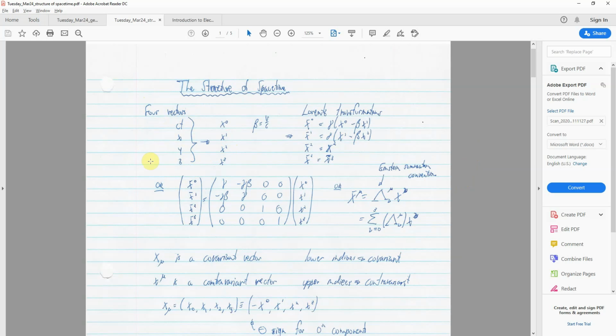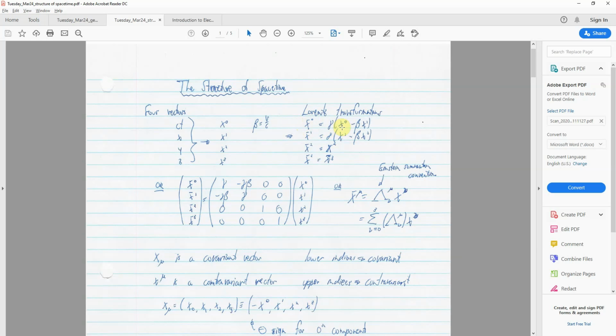So for this, we use four vectors. So we have ct, x, y, z. These actually have all units of space. And we'll call this a four vector with x0, x1, x2, and x3. And so x just means it's some position, and this upper index tells us where in this four vector we are. So these Lorentz transformations now, using beta as v over c, we get x bar,